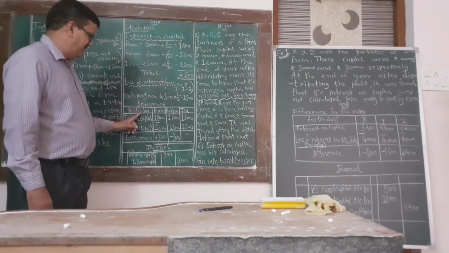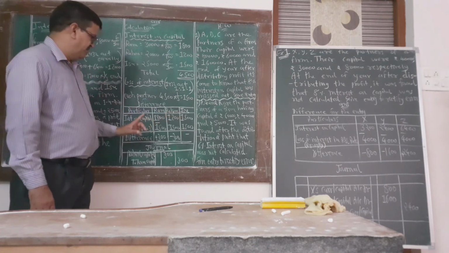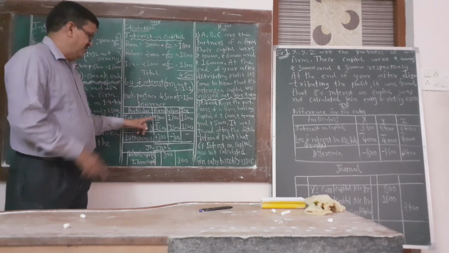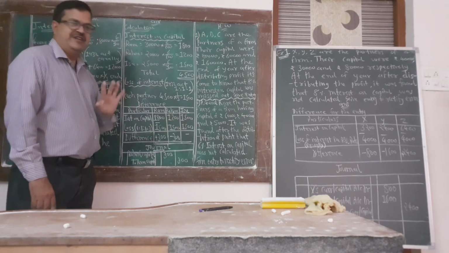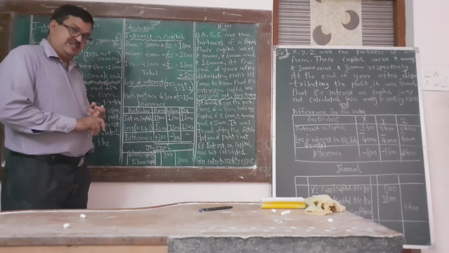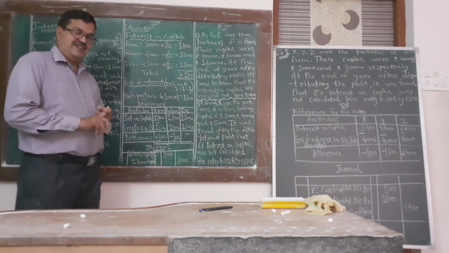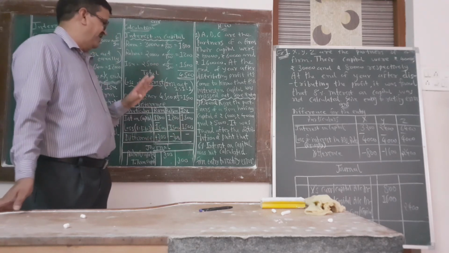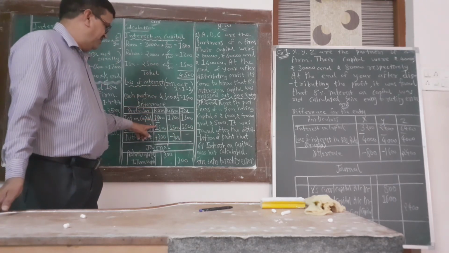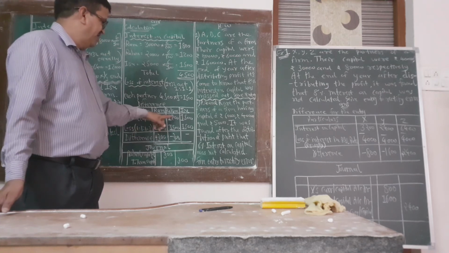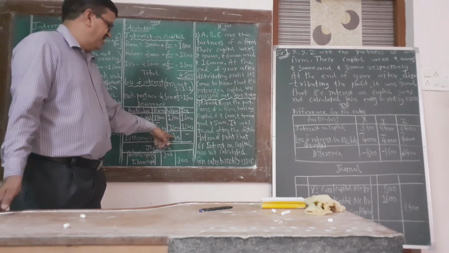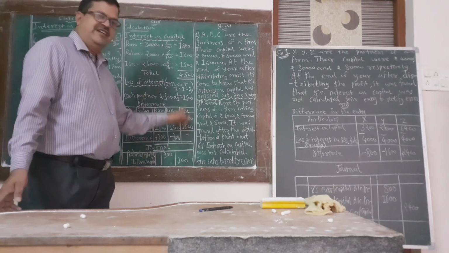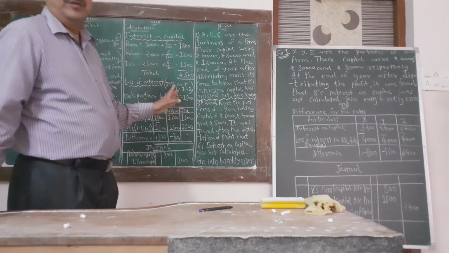So prepare the table: particulars, Ram, Rahim and Isu. Interest on capital is income for the partner, so it is credited. So the income of the partners is 1,800, 1,200 and 1,500. And each partner's loss, according to the 1932 Act, equally 1,500, 1,500 and 1,500. So 1,800 minus 1,500 comes plus 300, 1,200 minus 1,500 minus 300, and 1,500 minus 1,500 is nil. So no need to make any entry in the books of Isu.